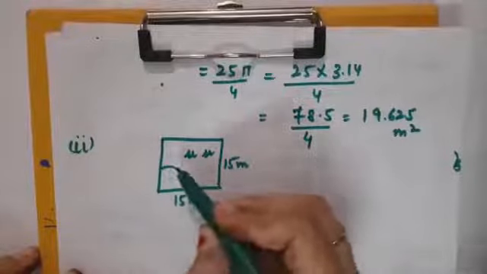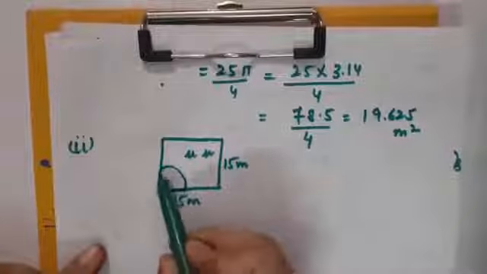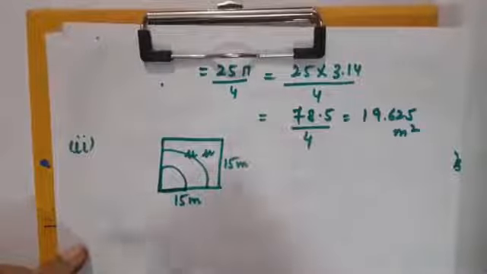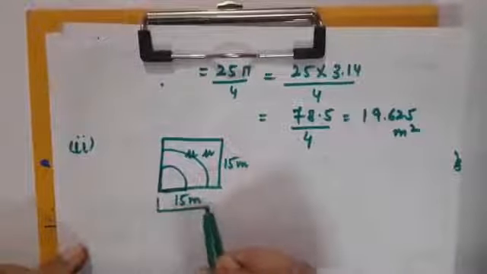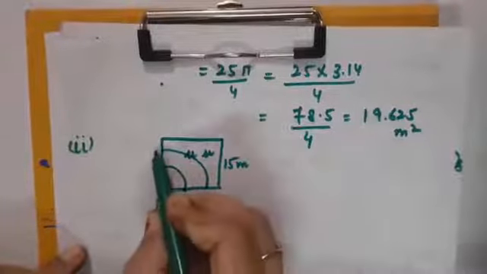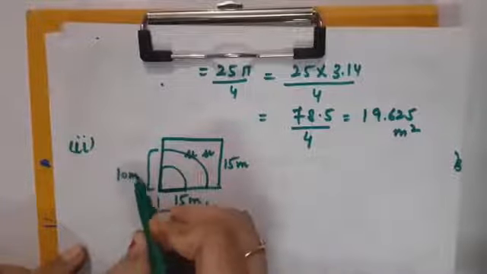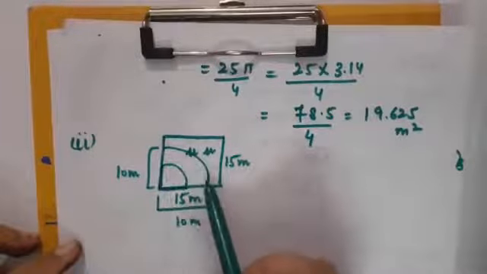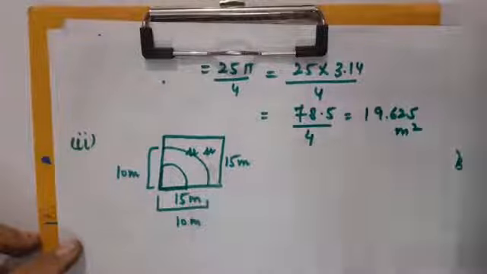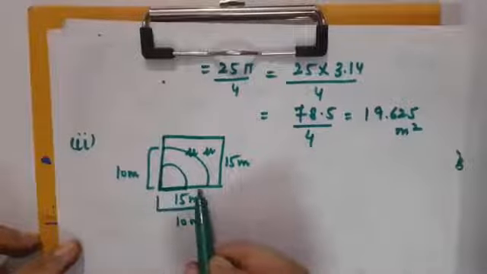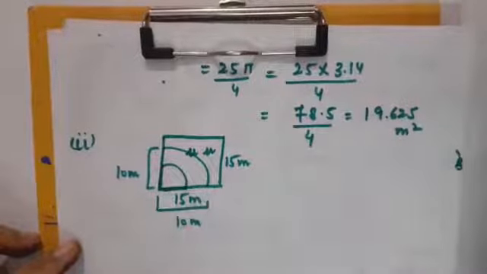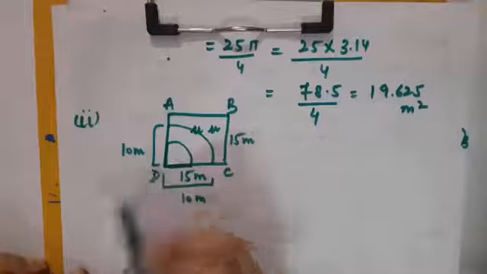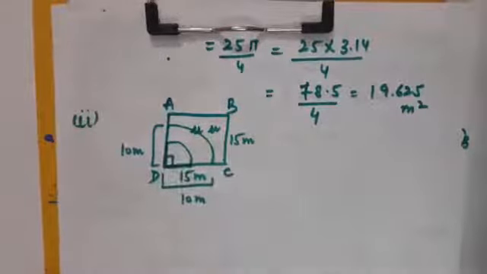Fine. Now it is said that instead of this 5 meter, the area is going to be increased now. It has become 10 meter now. So this much complete part is 10 meters. Here also this is complete 10 meter. So now children, you can see that the length of the rope, which is 10 meter, would actually become the radius of the circle. Correct? The same name can be given, that is ABCD. Here the angle is of 90 degree.